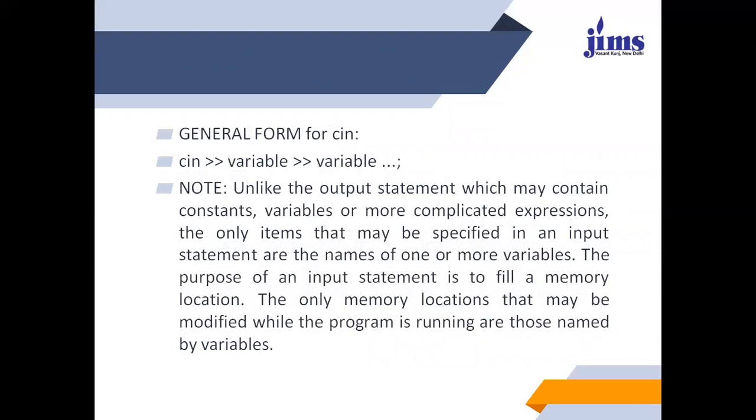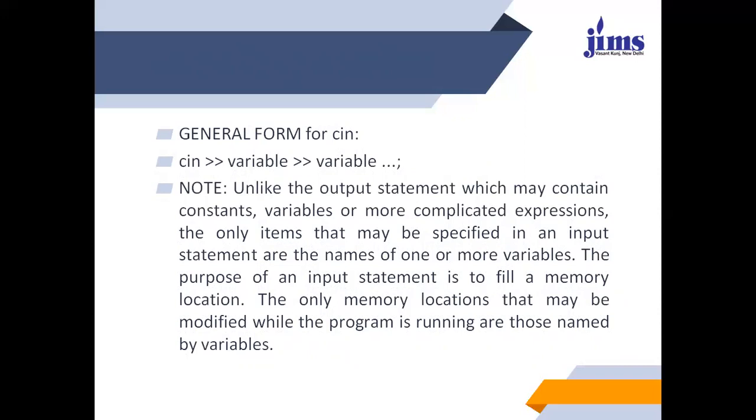Unlike the output statement, which may contain constants, variables, or more complicated expressions, the only items that may be specified in an input statement are the names of one or more variables. The purpose of an input statement is to fill a memory location. The only memory locations that may be modified while the program is running are those named by variables.